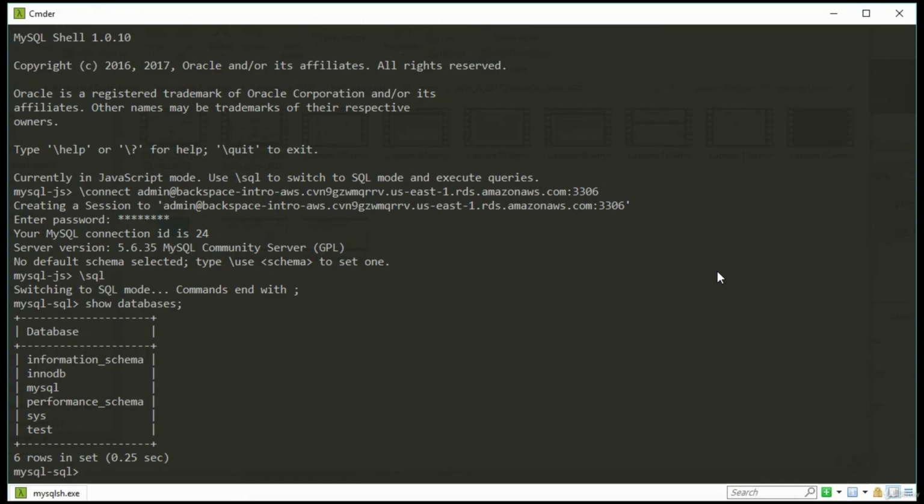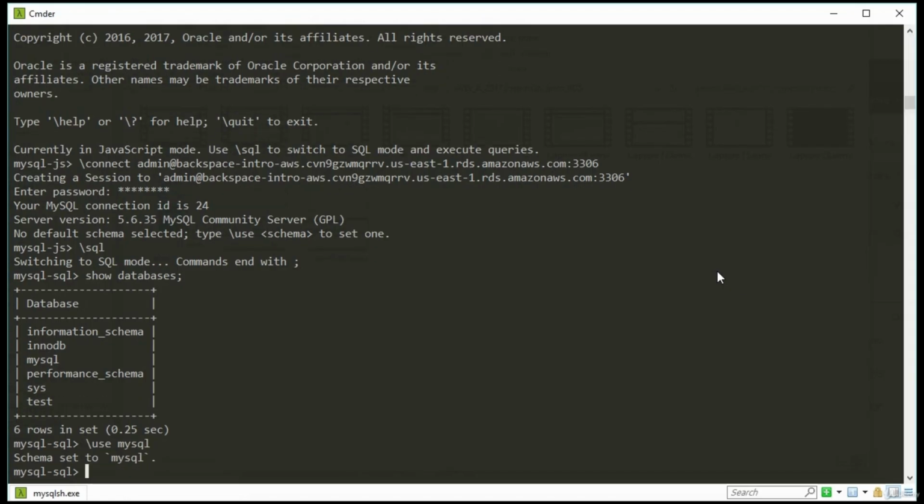Now the test database will be empty, so I'm just going to select one of the system databases there, so the MySQL one will be fine. So I just do use, and then that schema or that database that I'm going to use, so MySQL will be the one that I use. And there we go, schema is set to MySQL. Now, when you do that command, make sure that you don't put the semicolon on the end of it, otherwise it'll hang again. Now, I just want to issue another SQL command again, so we can show schemas this time.